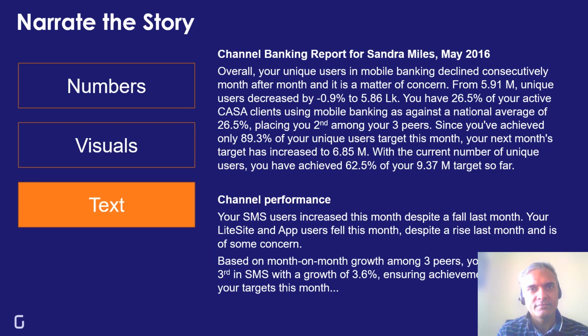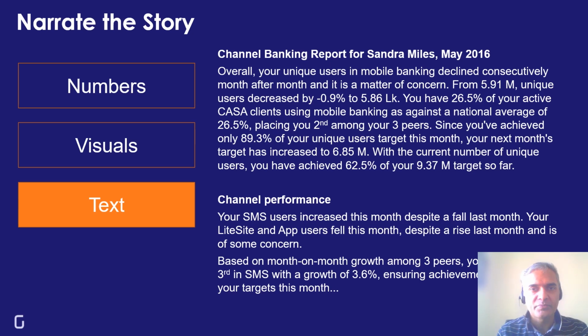A third way of narrating a story is through text, where we just use words to communicate what data is telling us. For example, this is a report in plain text telling Sandra Miles, who's a channel banking manager, how the number of users has performed across different channels, how it's doing against competition, how it's doing against the last month's performance, what its gap is against the target, and so on. In fact, this is perhaps the most common way in which people narrate stories, through text, more than through numbers